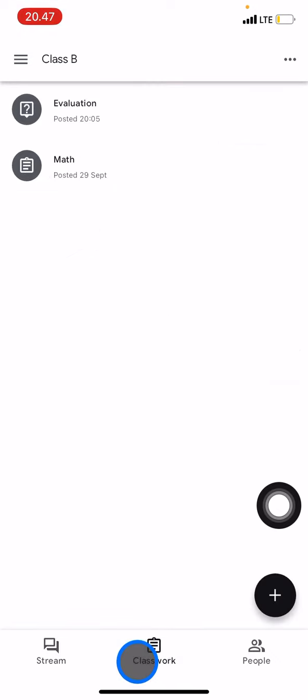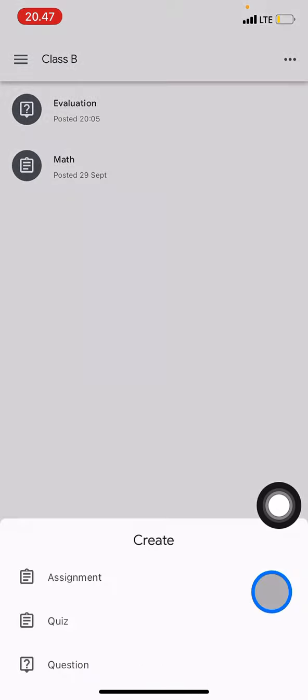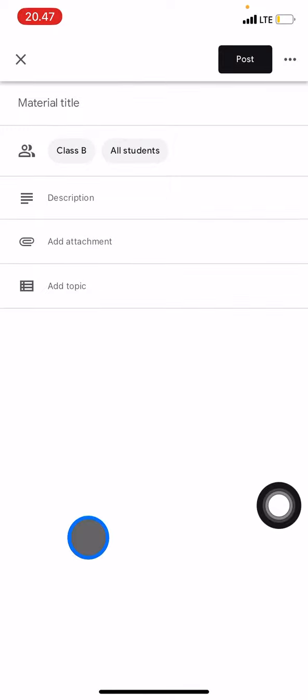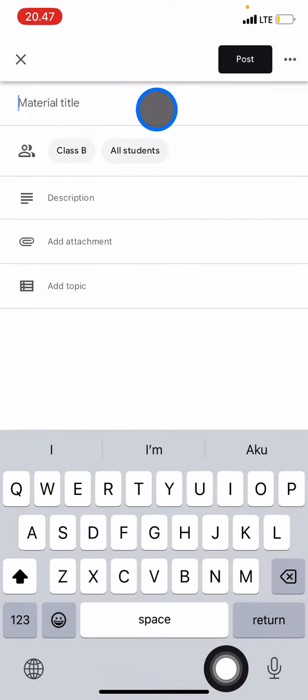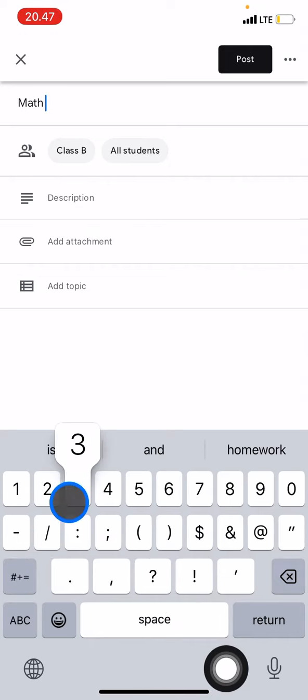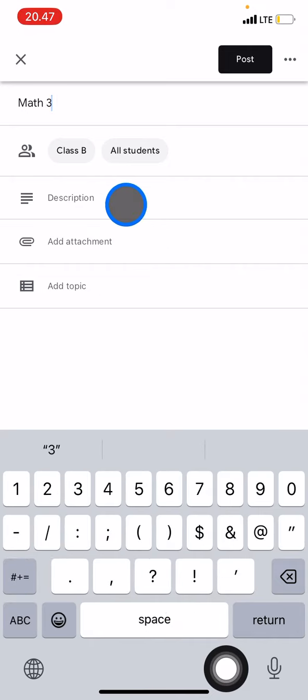you click the Classwork, you just need to add new classwork. You can add the video as an assignment, question or material. If your video is about explaining the material, you just need to go into the material. Now you can just type the title of the material, let's say Math 3, and after that you can also